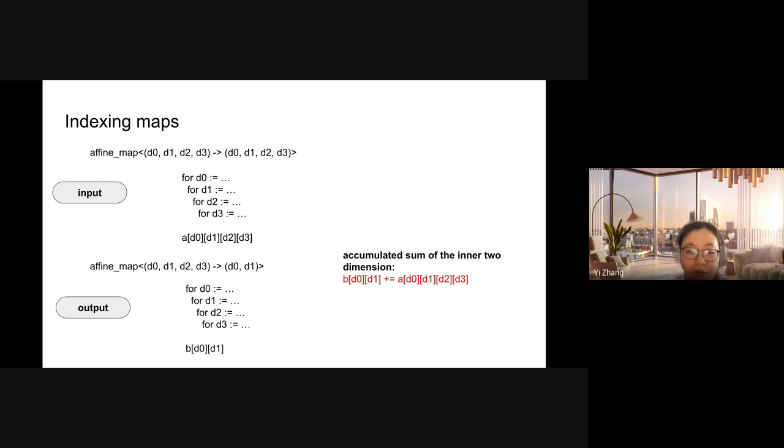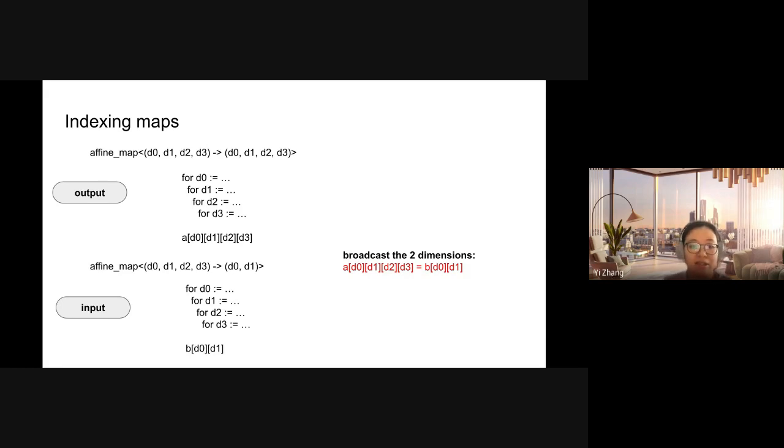So for an equation that lets tensor B's element plus-equal tensor A's element with this affine map, what this essentially does is a cumulative sum of the inner two dimensions of tensor A and stores the result into tensor B. So it's a cumulative sum.